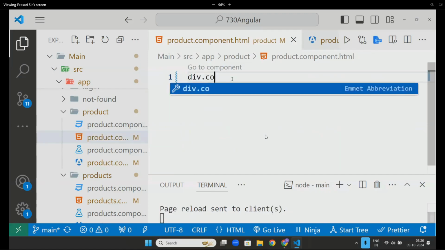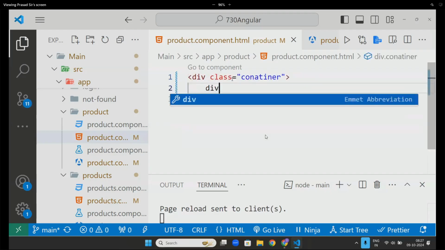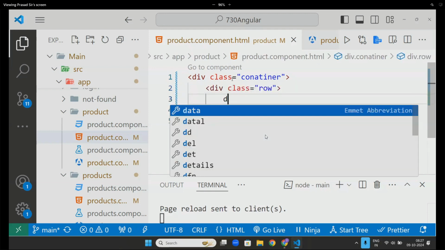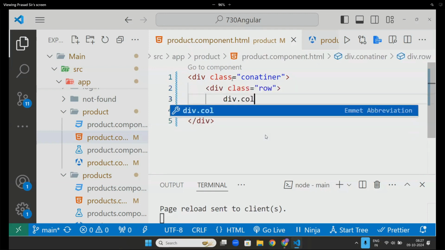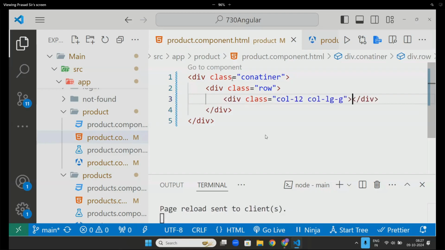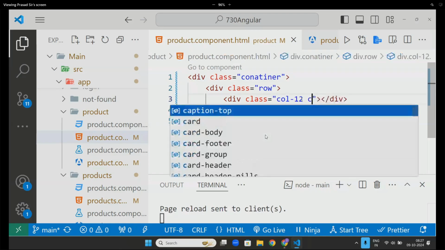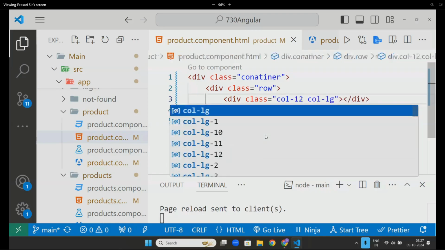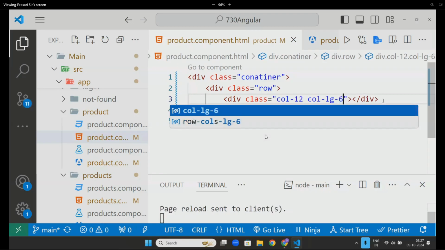Div dot container, inside div dot row, div dot col-12 dot col-lg-6.